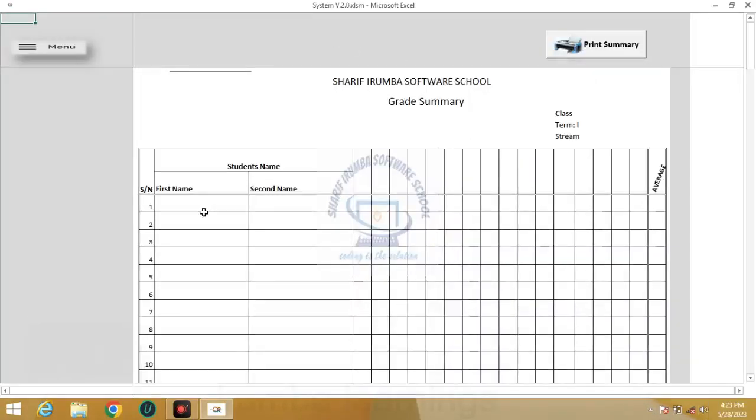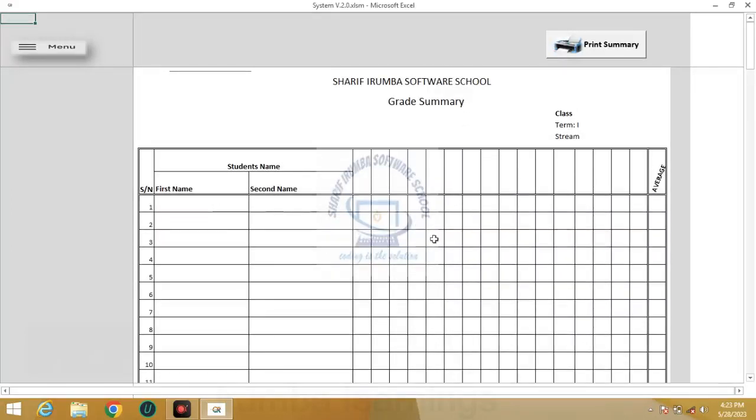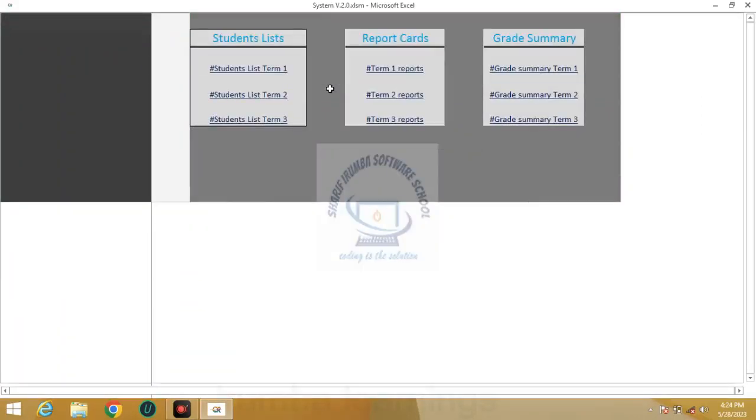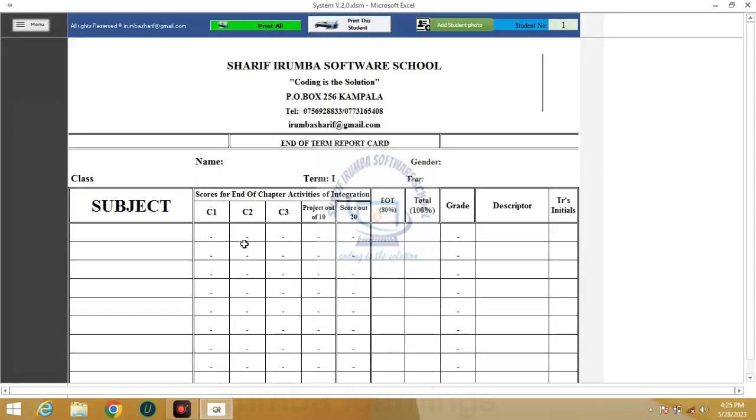Once you have entered the marks the other side, those marks will be displayed from the grade summary, and you'll have the summaries for this, which you can print out and be able to analyze the results for the learners. Let's start dealing with it, and we put some numerics to see whether our system is going to work out as expected. When you look at this report card, as you can see, we have 3 activities of integration,